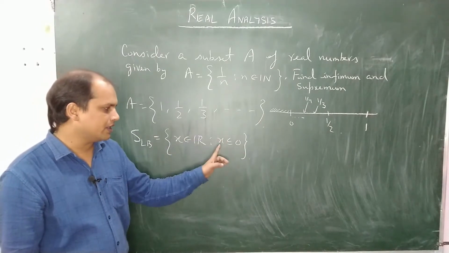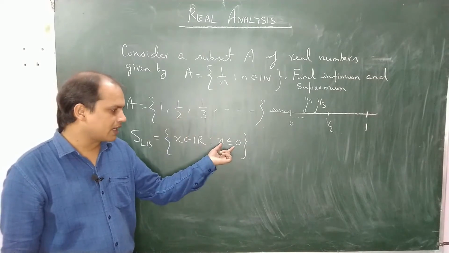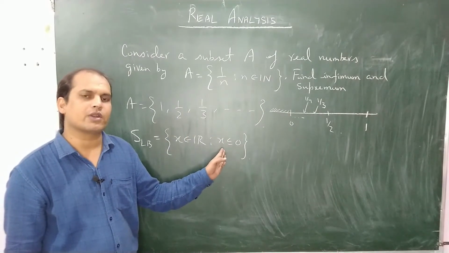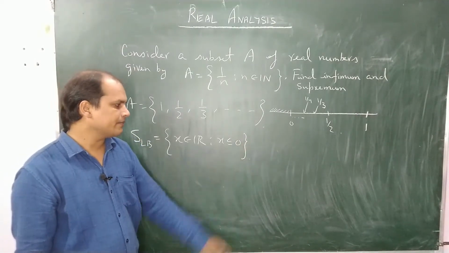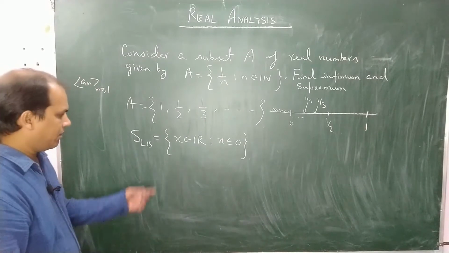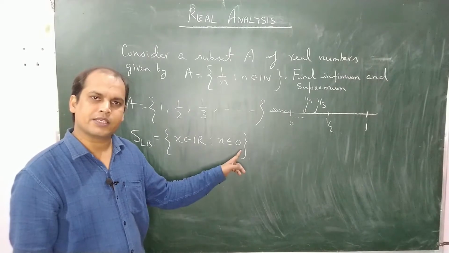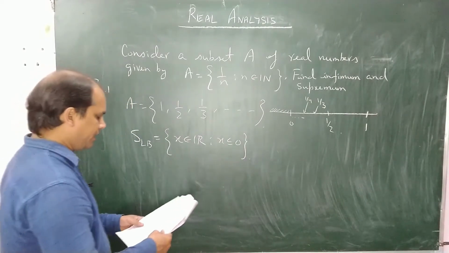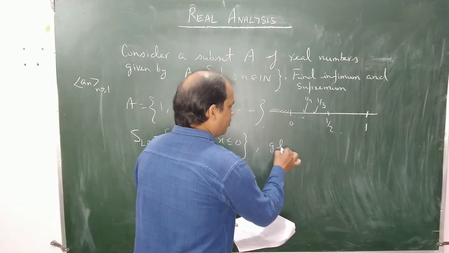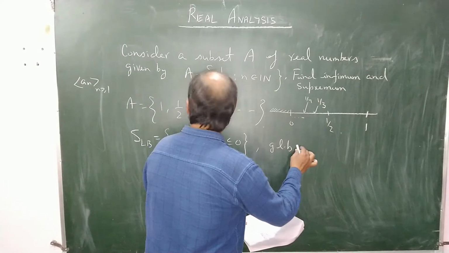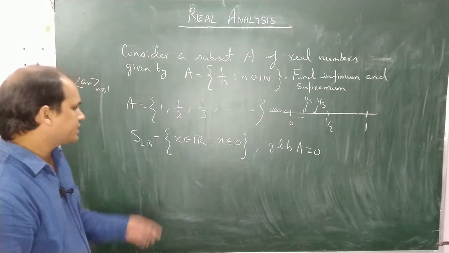One important question is: why is no number greater than 0 a lower bound? Someone may argue that any number to the right of 0 and close to 0 may be a lower bound. We will discard that, showing that any number greater than 0 will not be a lower bound, using the Archimedean property of real numbers, which I will explain. Now if this is the set of all lower bounds, then obviously the greatest one is 0. So I can say that the greatest lower bound of this set A is 0.